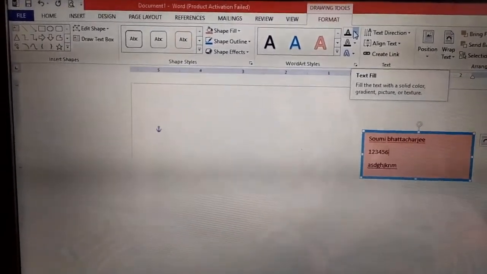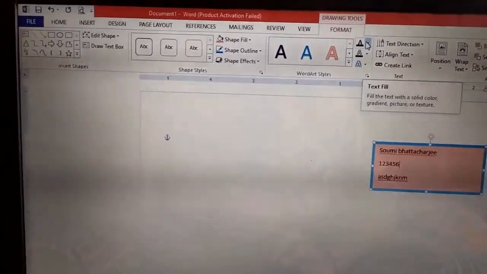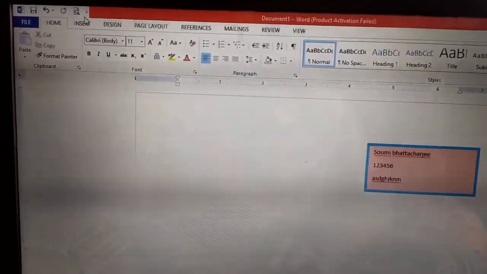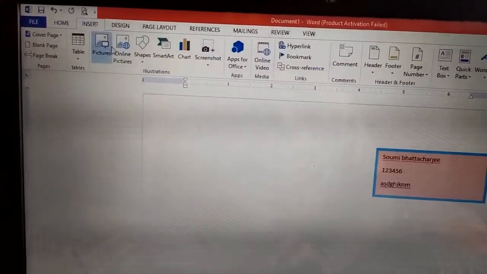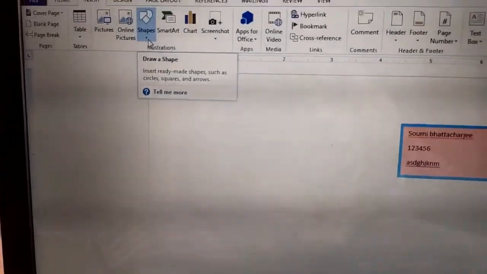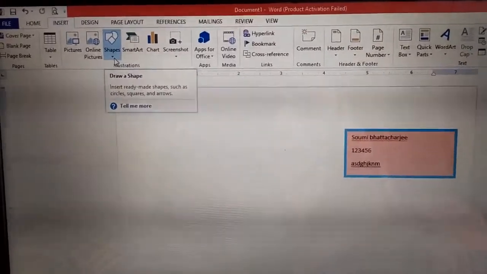Now we will talk about how to insert the shapes. For that, again go to the insert tab. In the illustration group you can find the shapes command.